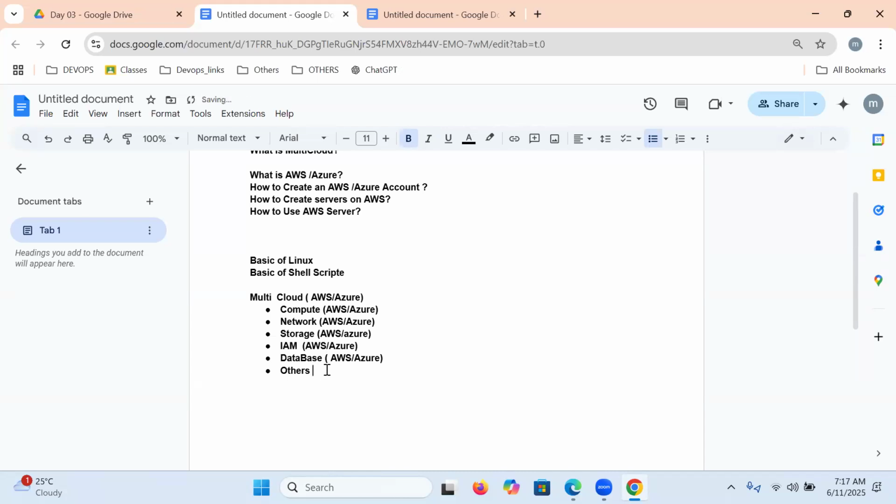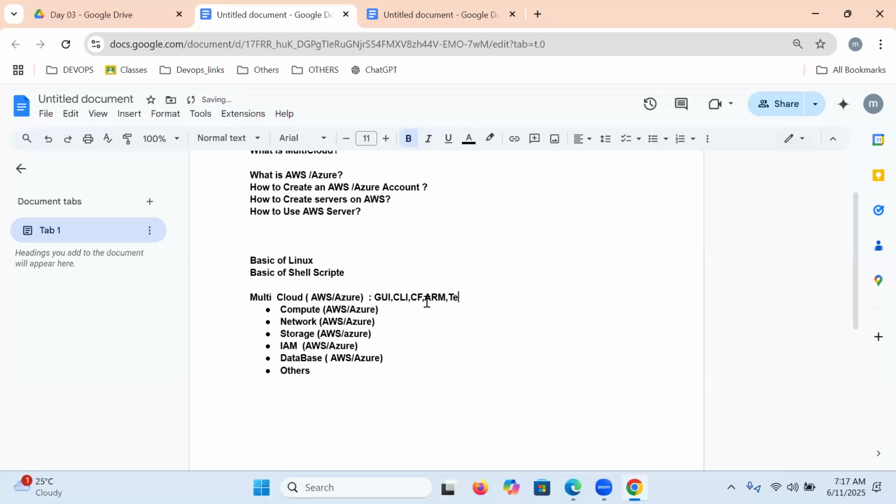And others like monitoring, whatever. But whatever we discuss here, it is totally three ways. Multi-cloud is going to be covered in three ways, guys, please. Graphically, we understand through a web interface, through the internet, we can log in and handle it. And we're going to learn CLI, by executing commands we can create infrastructure. By using CloudFormation in AWS, ARM in Azure.